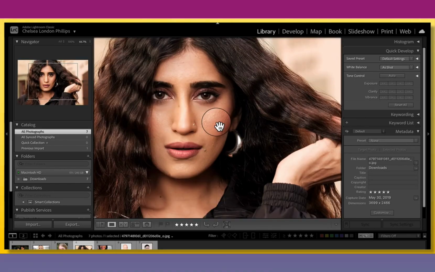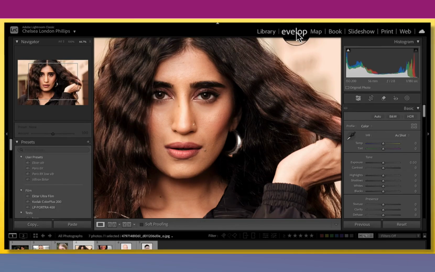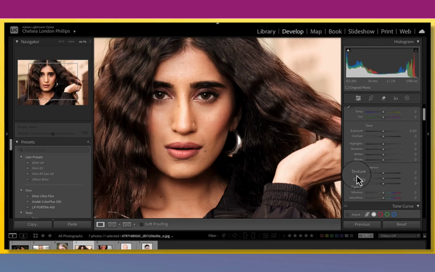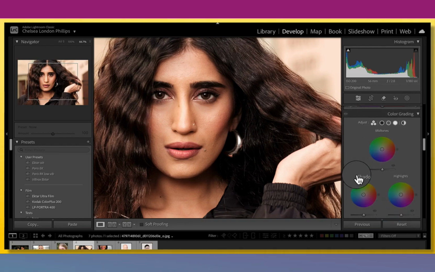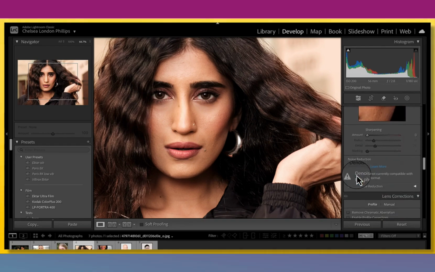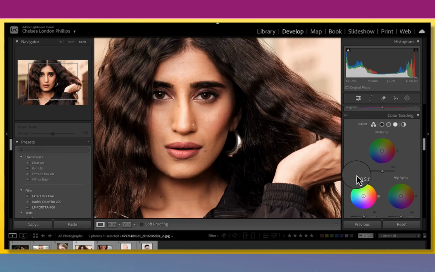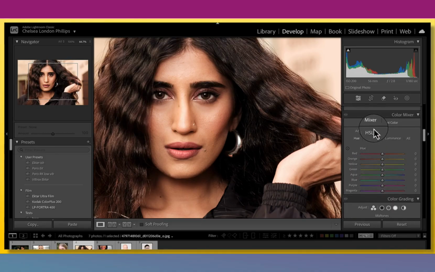Her skin tone is gorgeous. The skin texture is gorgeous. I love everything about this. I don't want to lose any of that skin tone nor texture here, but maybe I would like to brighten the face a little bit or fill in some highlights. This is specifically Lightroom Classic that I'm working in, but there are similar tools in other processing tools as well. So don't feel like just because I'm using Lightroom Classic that you can't do this if you don't use it. What I'm going to do is come into my HSL sliders, my color mixer,